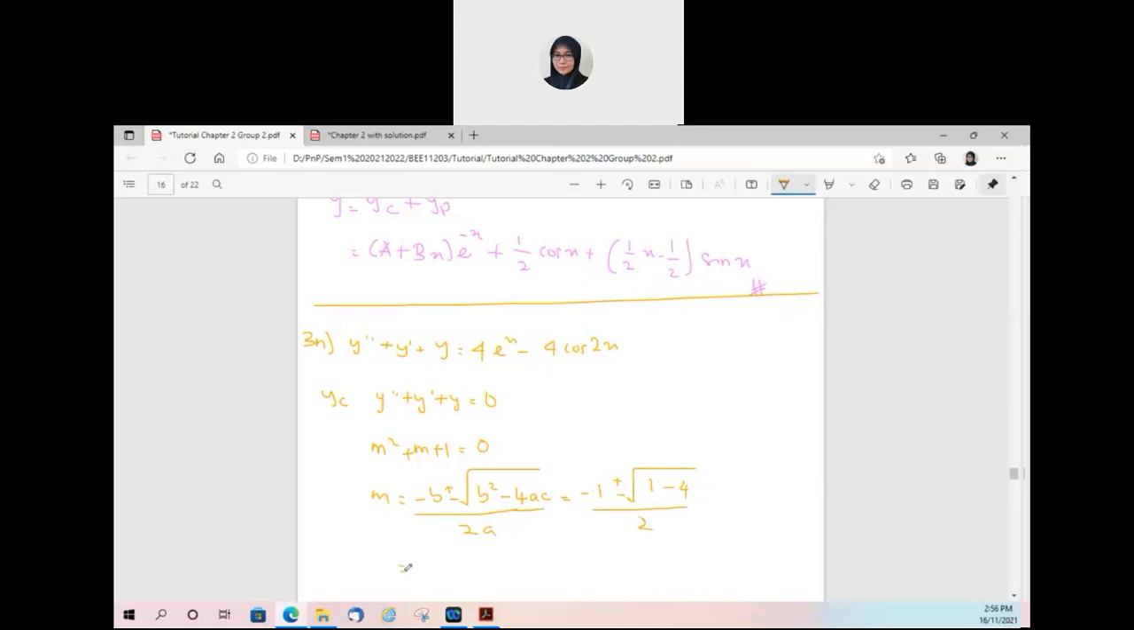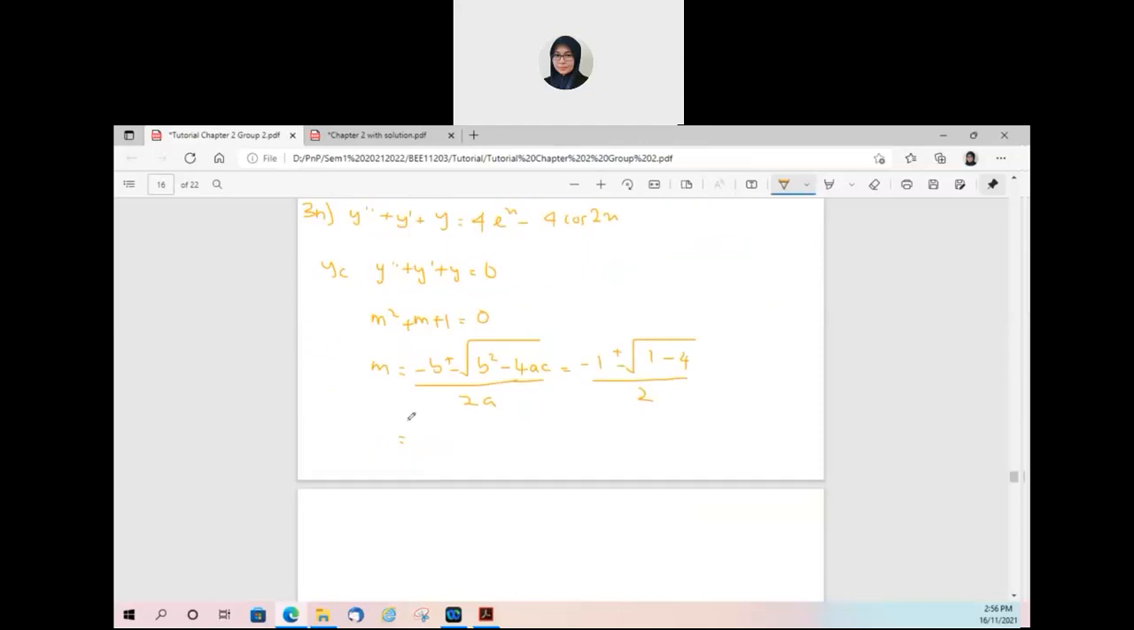Okay, then sama juga dengan minus 1 over 2 plus minus 3 over 2, okay, ataupun minus 1 over 2 plus minus square root 3 over 2i. Betul? Betul tak? Betul. Okay, you all cuba, tekan calculator. Dapat kan? Dapat. Okay, then our YC will be,